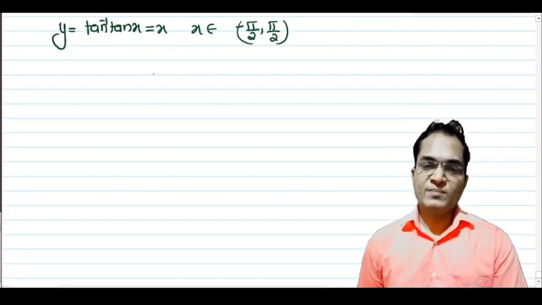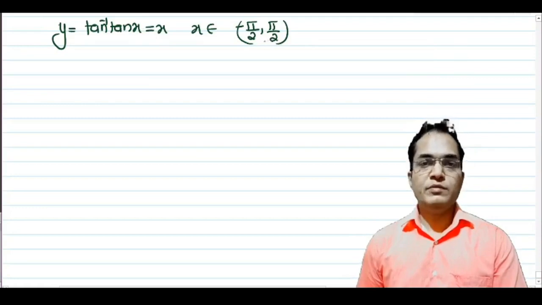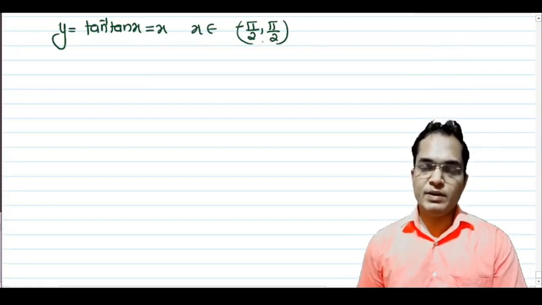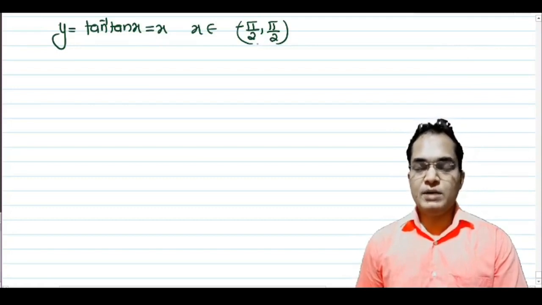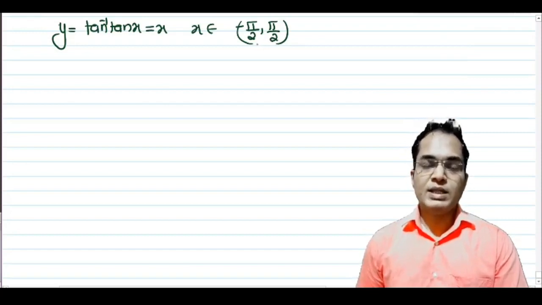Now if the angle does not lie between minus pi by 2 and pi by 2, then we again use trigonometry to simplify that angle, and we can find the value of tan inverse tan x easily. Up to now we have studied sin inverse sin x and cos inverse cos x. With the help of the graph, we can easily find the values of tan inverse tan x for all x. Okay, let's check the graph of tan inverse tan x.